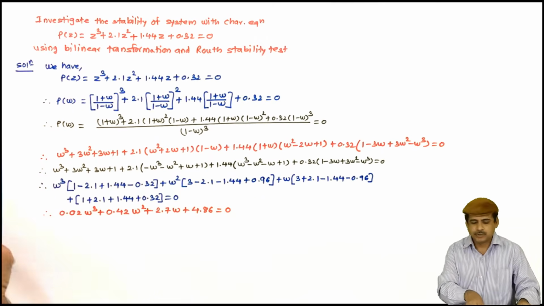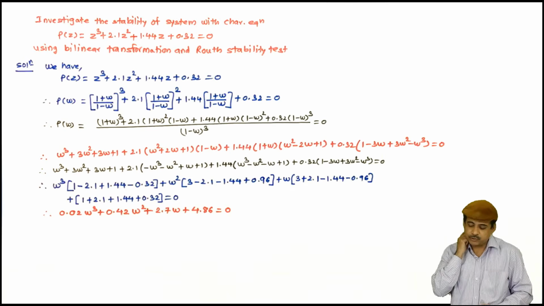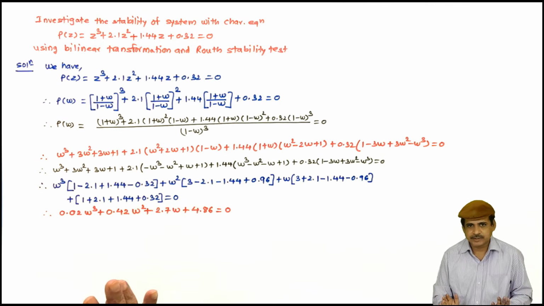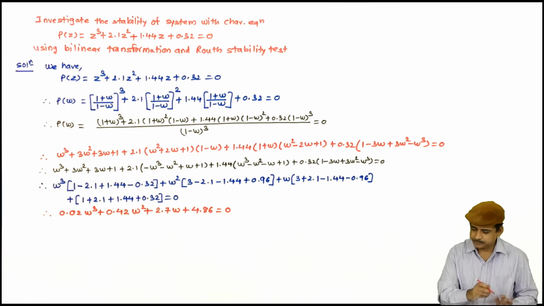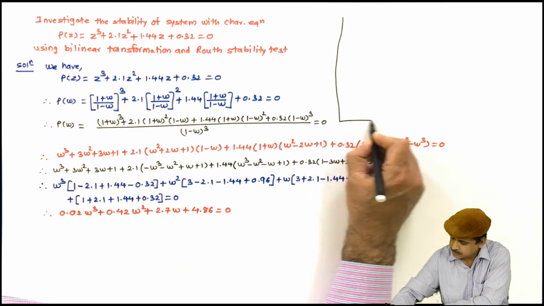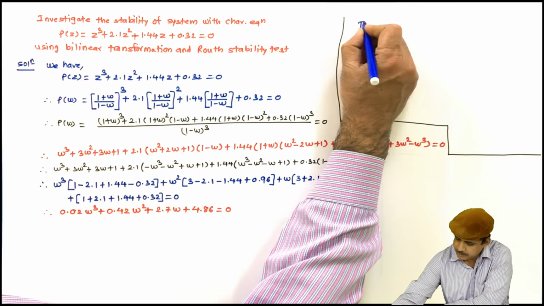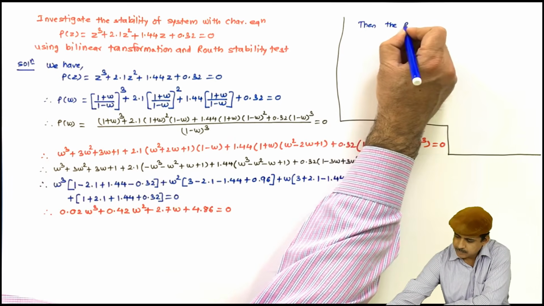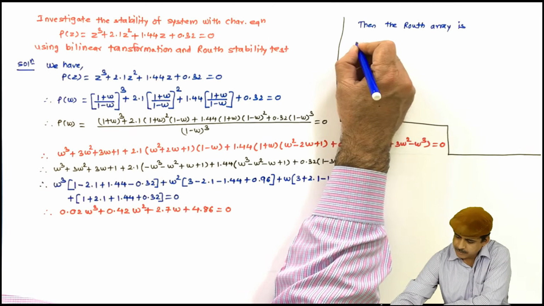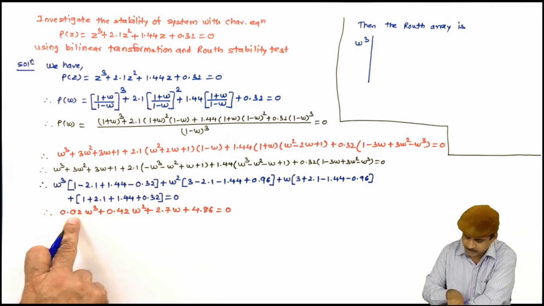So we have got the P of W, and now in P of W, coefficients are present for all powers of W. Also, all coefficients have the same sign, so the necessary condition of the Routh stability test is satisfied. Now let us form the Routh array. So the Routh array is, I will get here W^3, coefficients of this will have this element and this element,